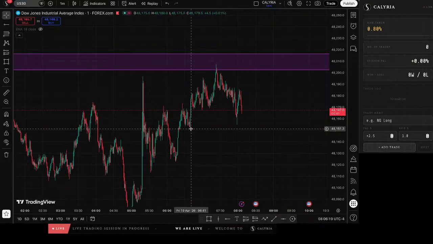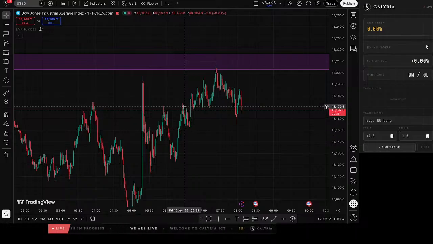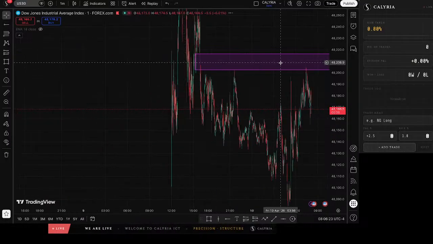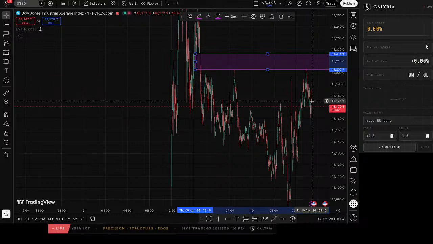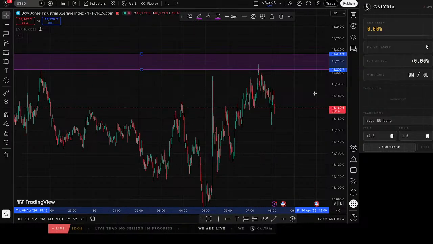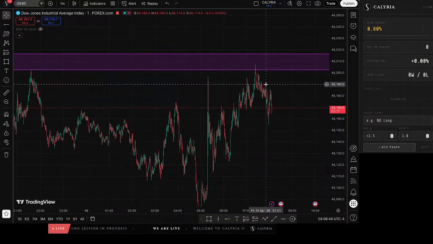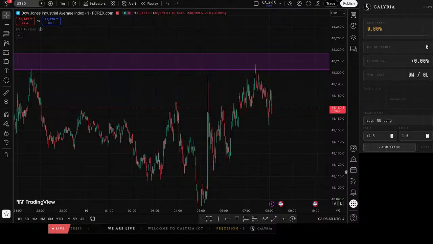Okay, so given that it has moved down right now, my setup is invalidated, and even though it moved down here, still my setup is not valid anymore. There are a lot of other things that I want to tell you in the next video, and maybe within this video, about how much of a move we are looking for. This is not the move we would be looking for, but right now, given that it's not moving down, we will not take the trade.